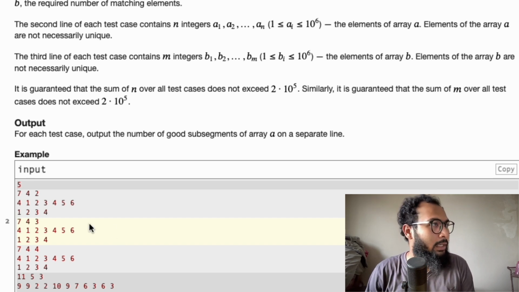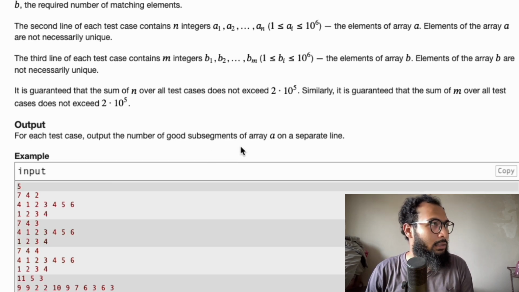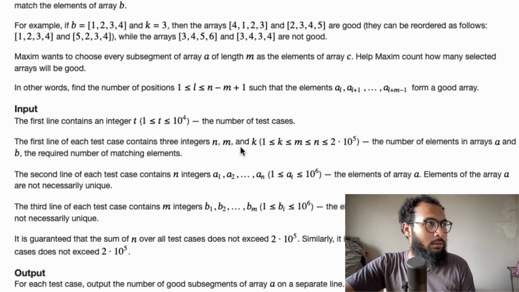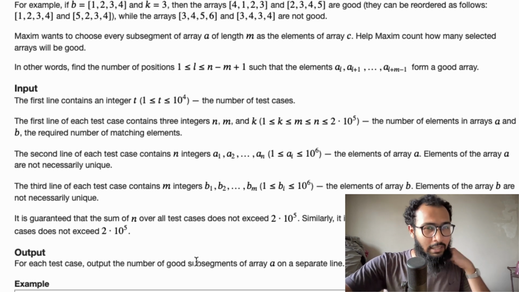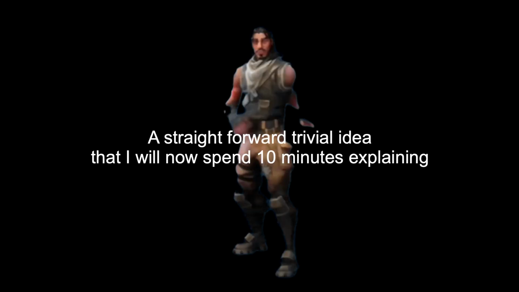So, right off the bat, one thing you can notice is that finding if a subsegment matches is quite easy, and there's a very straightforward, trivial idea also. Okay, so wait. What the